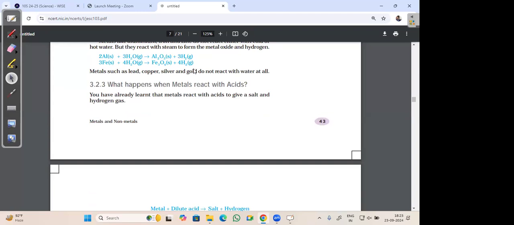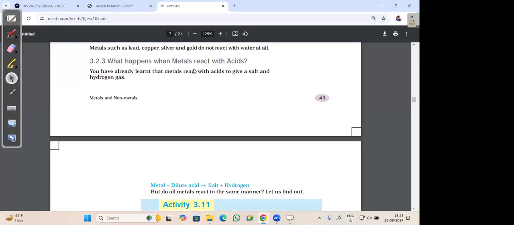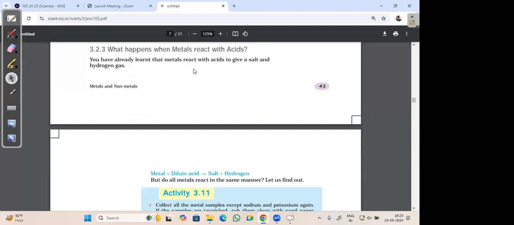Aluminium and iron react with steam. Now, what happens when metals react with acids? These reactions we had done. When metals react with acids, they form